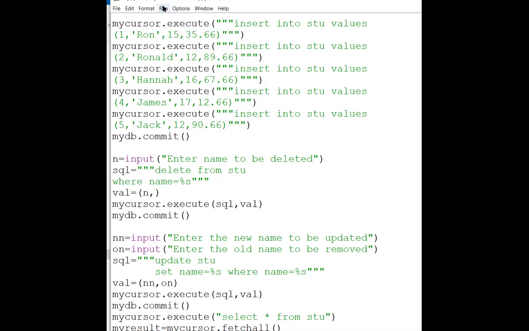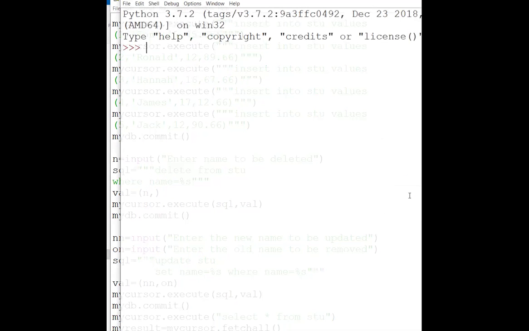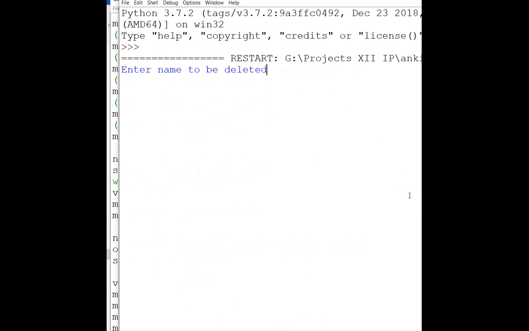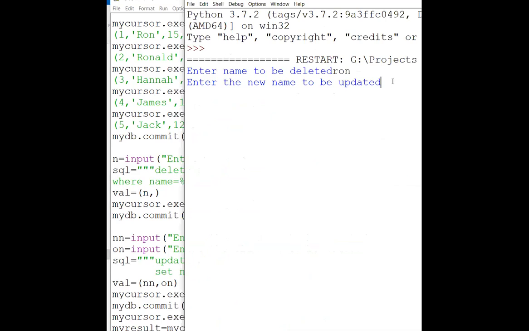Now if I will run this, you can see, enter name to be deleted. Suppose I'm deleting Ron. Okay, then it is asking enter name to be updated. Now see, we will update James.